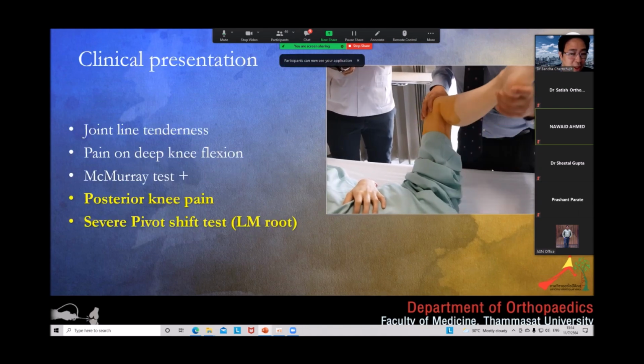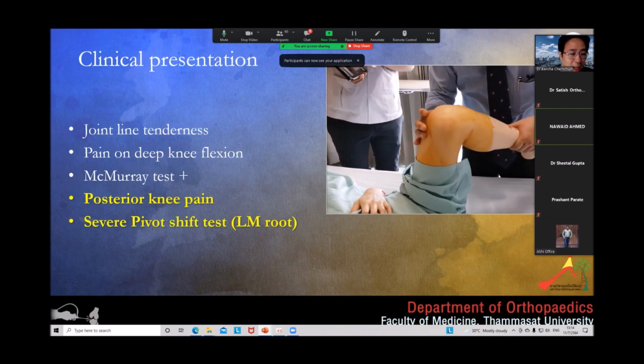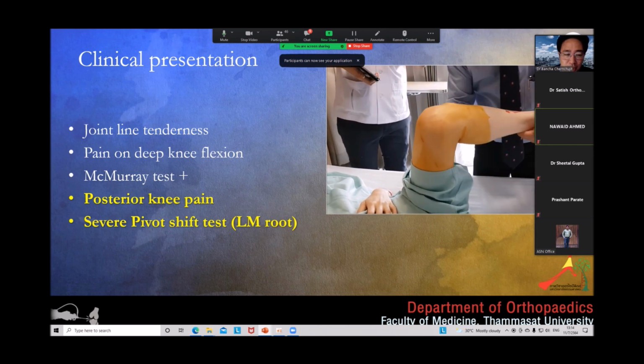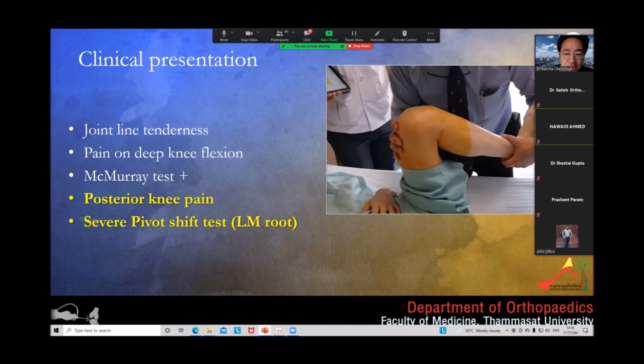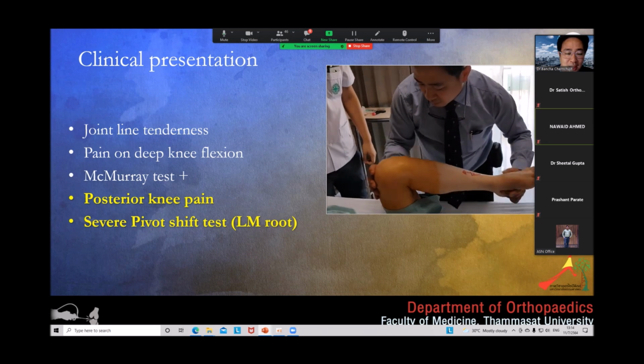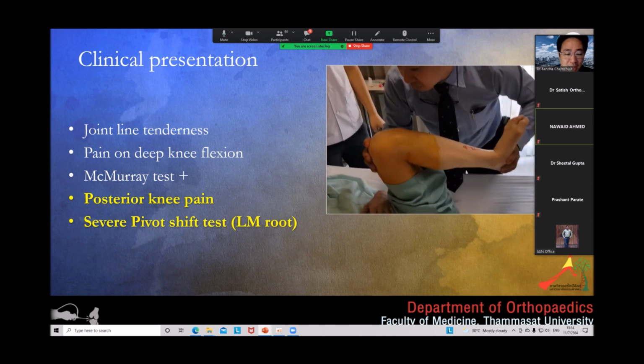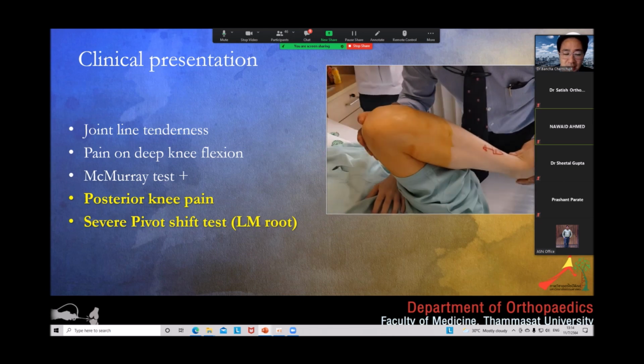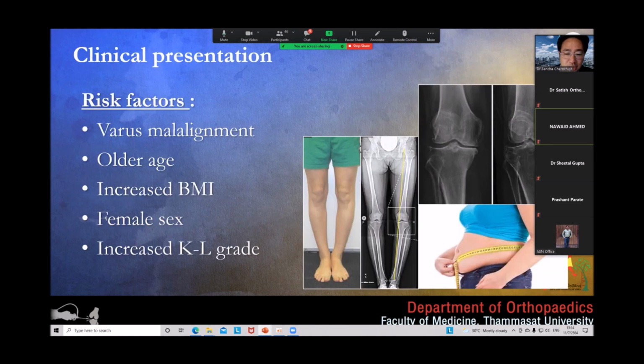So in the clinical presentation, the patient always has joint line pain, more close to the posterior, and more pain when the patient does deep flexion. McMurray test may be positive, joint line tenderness. For the lateral side, you may have the pivot shift test positive. These are the risk factors for the meniscus root tear: varus malalignment, older age, increased BMI, female sex, and